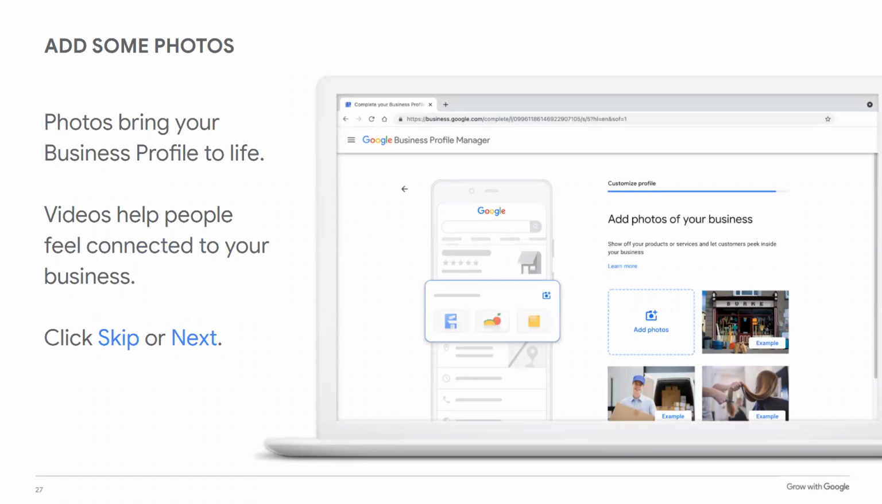Most importantly, photos bring your business profile to life. You can also add videos now. This is a great way to feature the outside of your building so that people know that they're at the right location. It's a wonderful way to focus and highlight your products and services that you do. You can even have pictures of your staff on here. Get creative with this, because the more you add, the more people are interested in looking at your